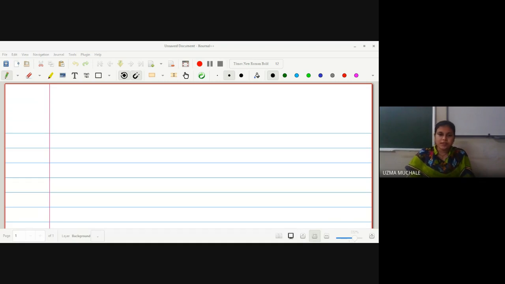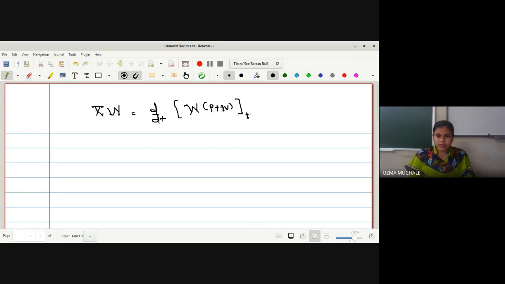Okay, what is the definition we have seen? Suppose W is a vector field, Vp is a tangent vector, then the covariant derivative is defined by del V W, where V is a tangent vector and W is a vector field. It is equal to d by dt of W(P + tV) at t equal to 0. So you can define this as the initial rate of change of your vector field W at a point P in the direction of V. This direction V is important, that's why it is called a directional derivative, right?